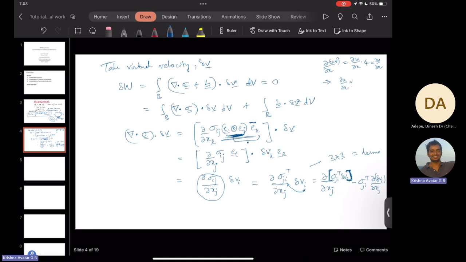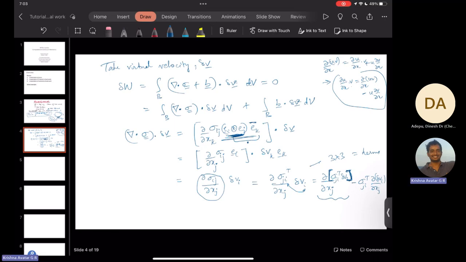No, no. Actually, it's just a mathematical trickery. That is what we are trying to do. Understood, understood. If you ask me why we are doing this, the thing is, we'll see that we are able to use the divergence theorem,